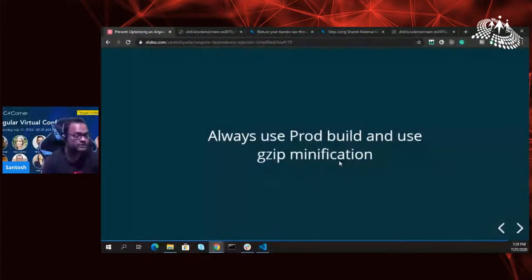A lot of developers are not using the prod mode. So I'd suggest go ahead and check if you are using the prod mode to deploy or build your application. And in case you are using a prod build, the other thing you can do is gzip minification. Gzip minification helps you a lot. Let me show you one of the stats again, where we are using gzip minification, and our bundle size is gzipped. So this is not the latest one, but I think